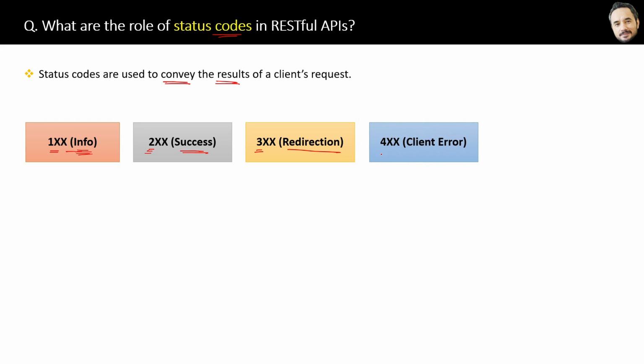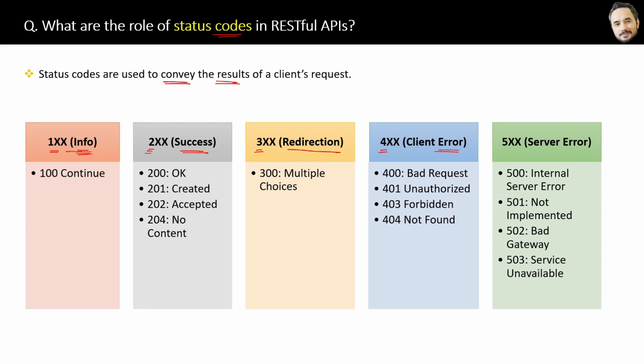Then if the response status code starts with 4 or 5, that means the client request was rejected, or you can say failed. Okay, great. Now here are all the status codes also. Out of all these codes, the most important one is 200, which means the request was successful, and there can be some content also in the response from the API server. Second important one is 204, which means again the request is successful, but in the response there is no content from the API server to the client.